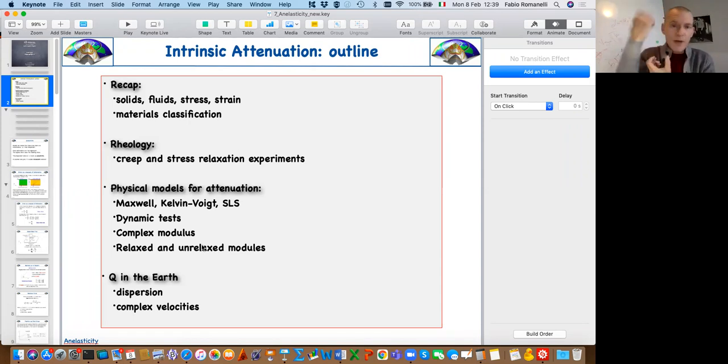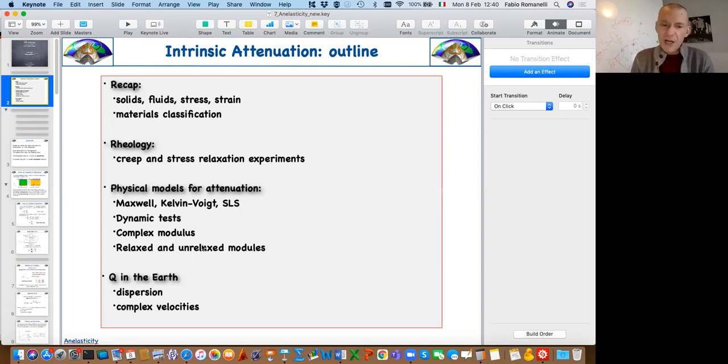If omega 0 is winning, then you have very large values of Q. If gamma is winning, you have very low values for Q. Going to the Earth, we consider the time Q, the spatial in time and in space, and we have a vision that Q, on average, for the Earth is about 100, and it's constant. With constant Q, in a viscoelastic model,